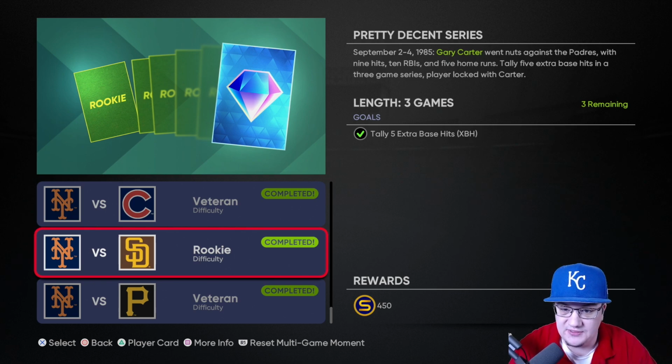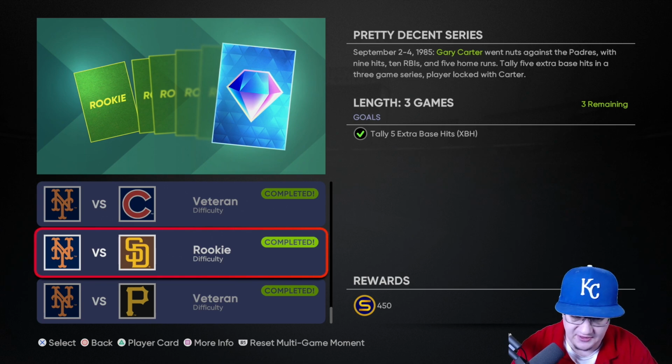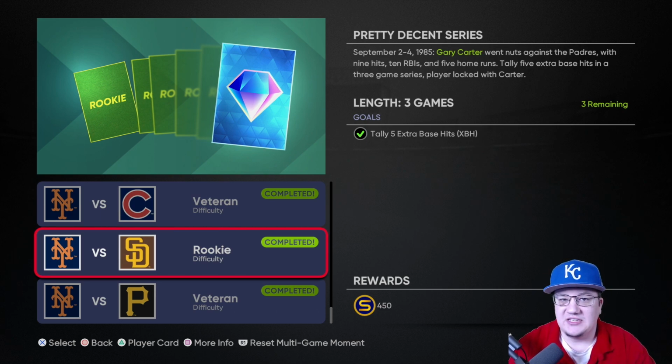It's one of the hardest moments I've done all year. So I'm telling you, don't even try to do that. Do whatever the exchange and do the other part. Don't do this. This is really, really tough to do. Anyways, let's go ahead and get into the gameplay and see if we can get a win with Gary Carter